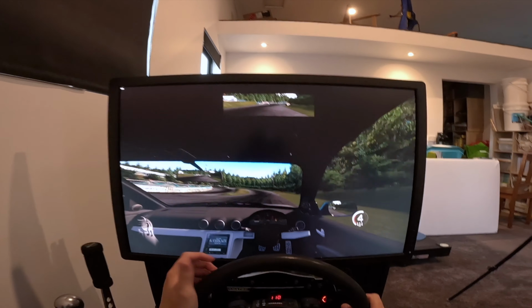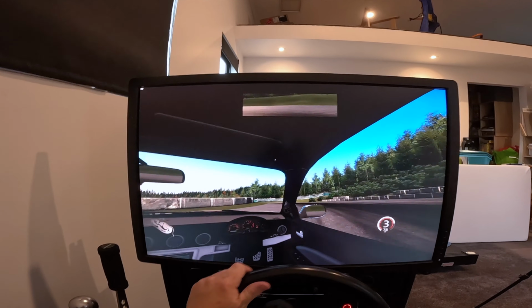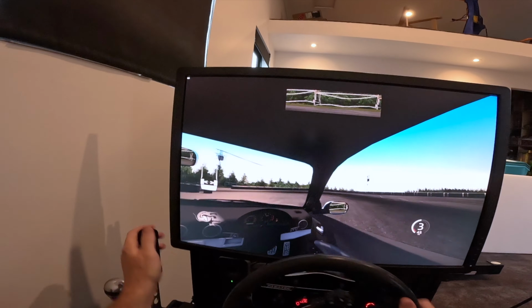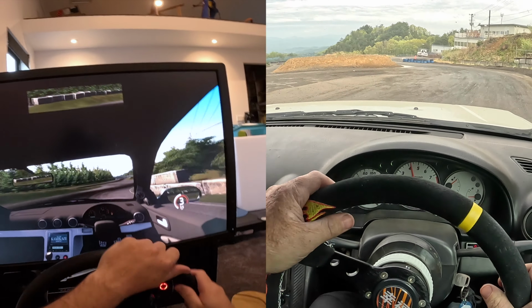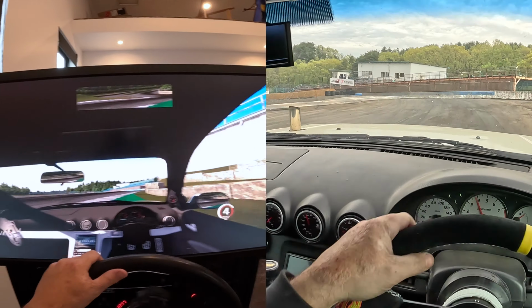Some of my friends are really good at this. Brendo has driven this track a heap. He's awesome at this. I'll definitely be able to drive it better on the sim than in real life, that's for sure. As I will not be attacking, I do not attack it as hard as I'm about to. Okay, first lap. The rocks aren't there, so...